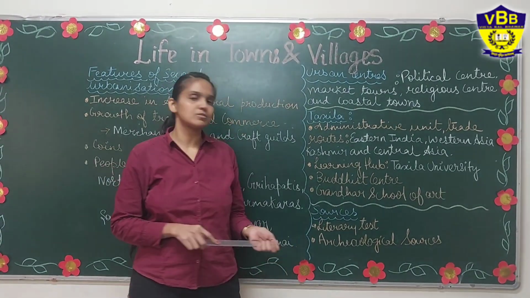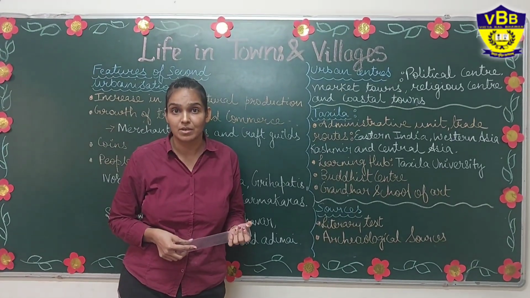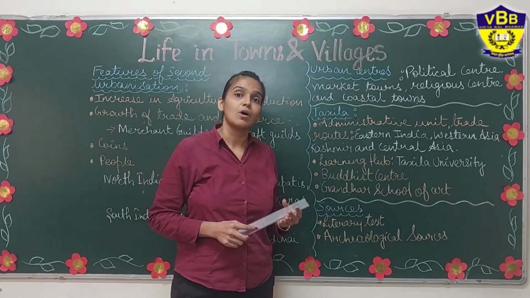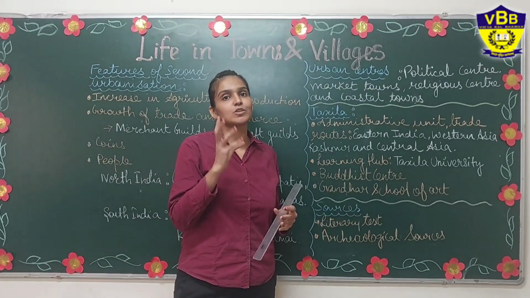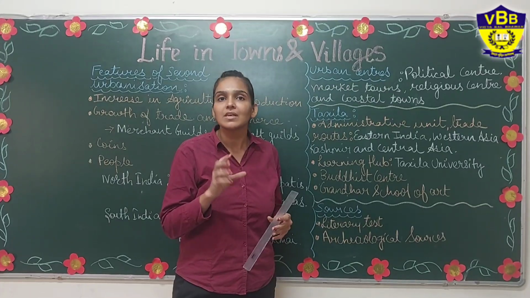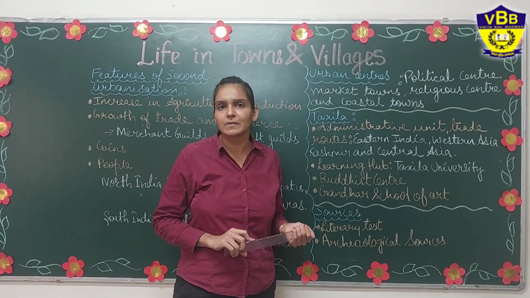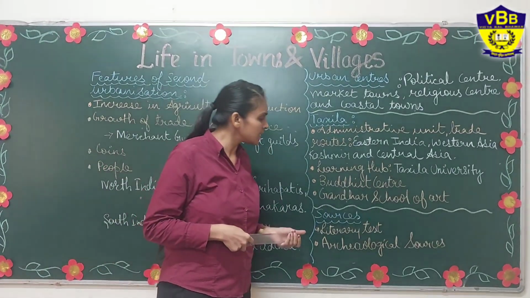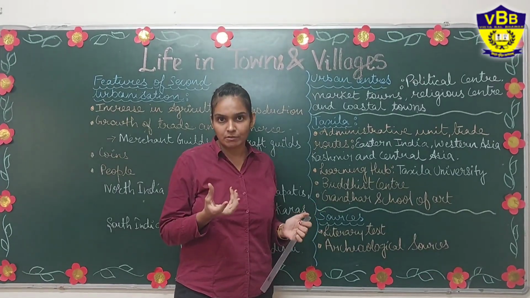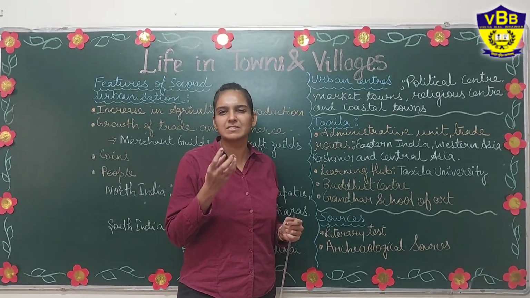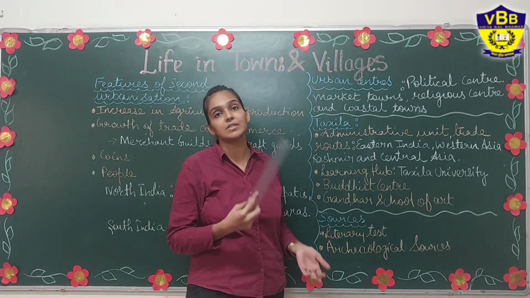Talking about archaeological sources, the historians have found many Northern Black Polished Ware. This means the pottery was painted in black and it was very glossy. It is said these were found in the northern part of the country, central India and the southern part of the country. Other than those, we can find ceramic pots, other kinds of pottery, other kinds of ornaments, and we can find wells, toilets, and all these things also give us information about the urban centers.